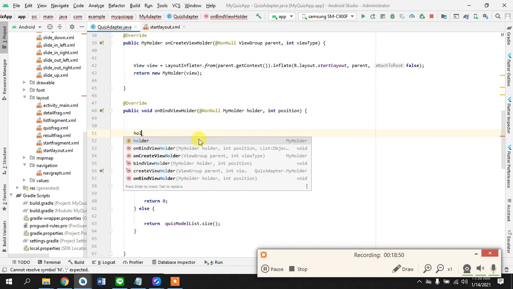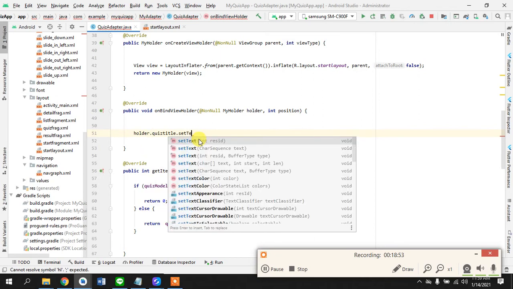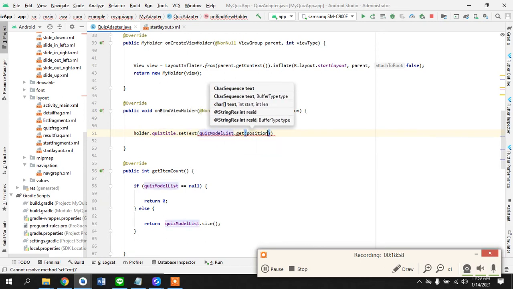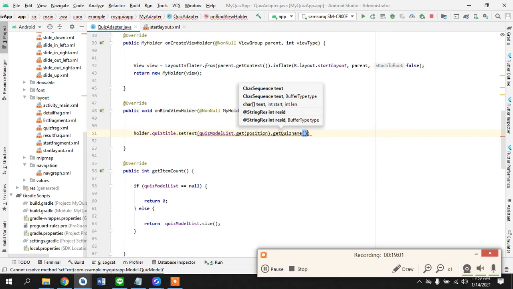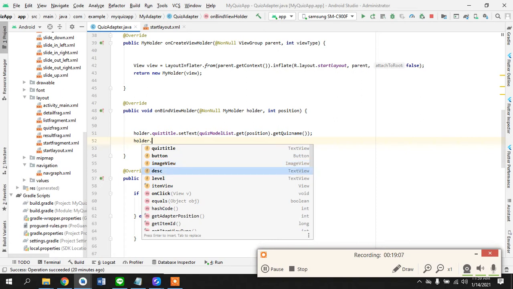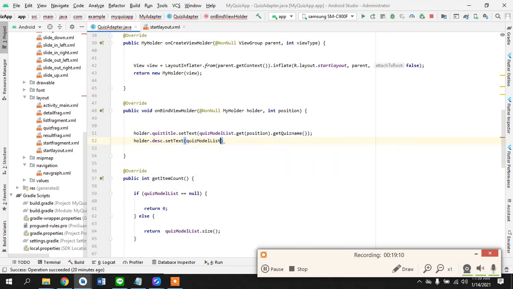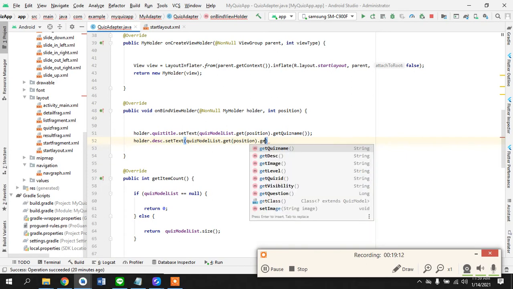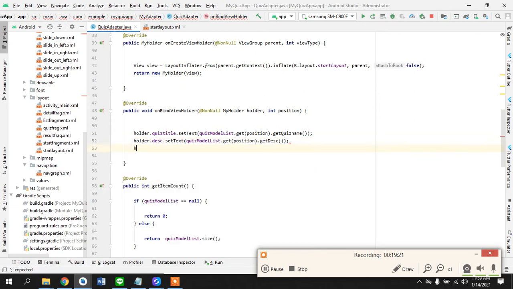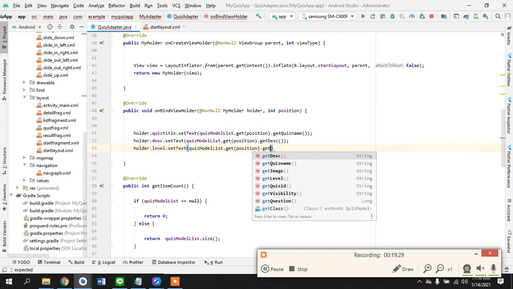So simple, holder dot quiz title set text, quiz model list dot get position, quiz name, holder dot description set text, quiz model list get position, get description, holder dot level set text, quiz model get position, get level,